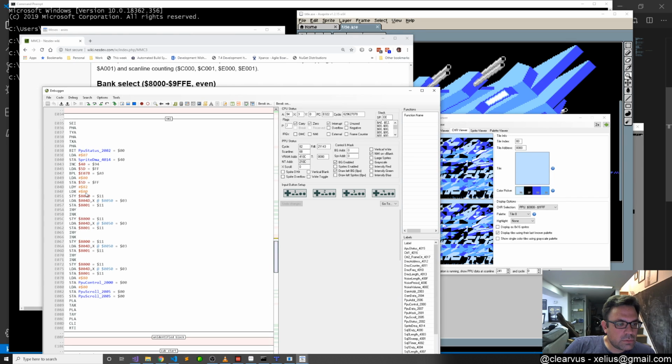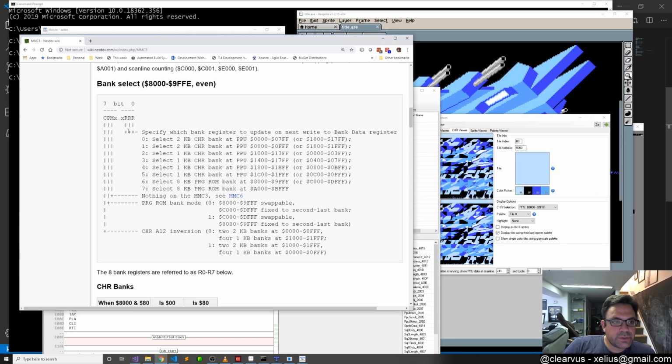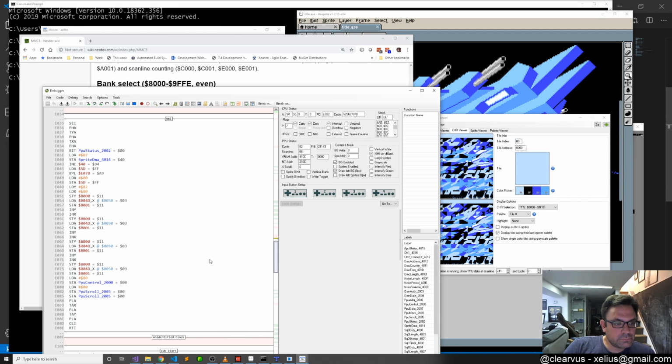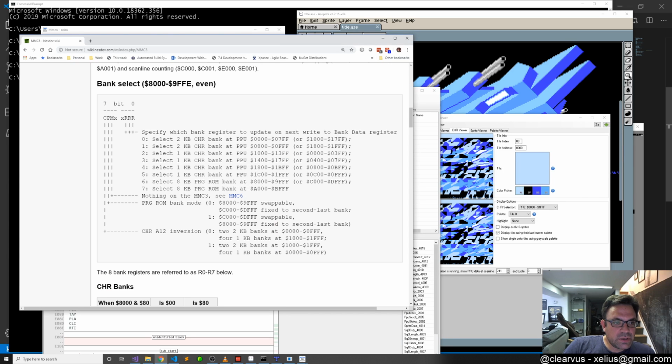Load Y 82, load X 0. So let's see, 82, that would be character A12 inversion, two banks at 1000 to 1FFF, and 4 1K banks at 0 to 0FFF. 0FFF is here-ish. So we're saying there are 4 1K banks here, I guess, and then 2 2K banks here. And then the 2 is select 1K